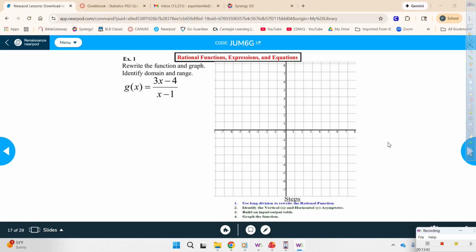Copy that one, please. Example 1. Graph g of x equals 3x minus 4 over x minus 1. Once again, we should be able to do these by ourselves, but I'm trying to go over these together with you